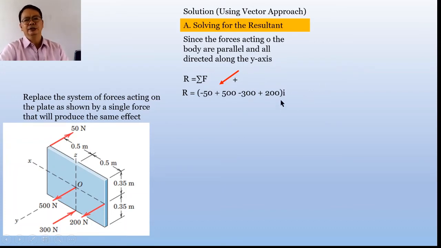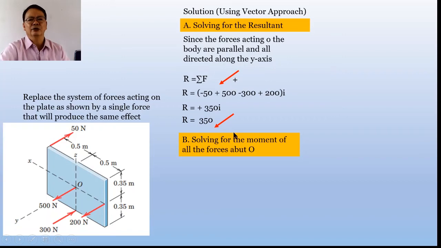And all those are directed, having a direction of i. So when we simplify, this becomes positive 350i. Ano nga ibig sabihin itong positive 350i? Ang ibig sabihin nito, yung direction ng R is directed towards the positive y-axis at meron siyang magnitude na 350. Okay? Now, puntahan naman natin yung